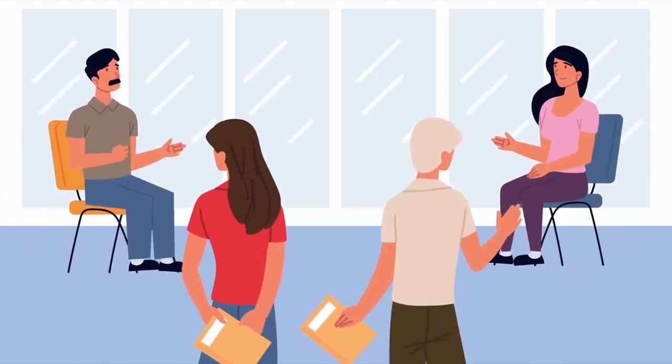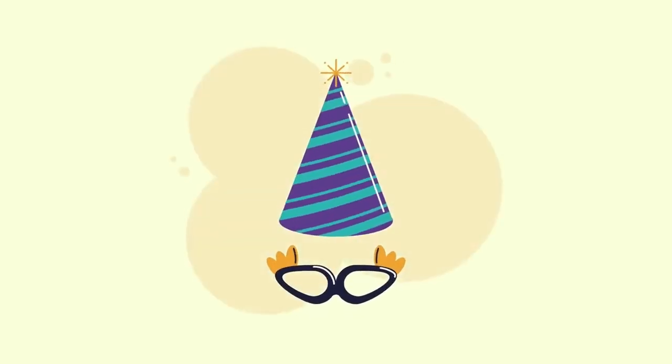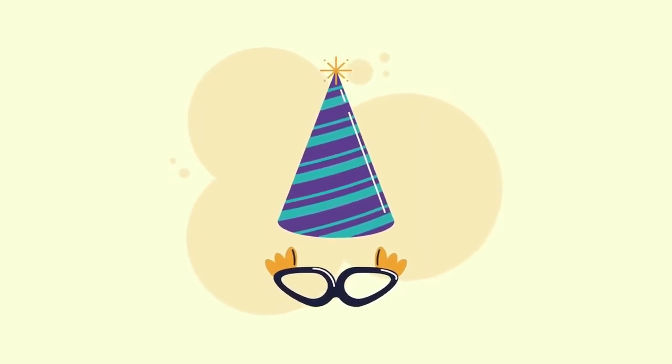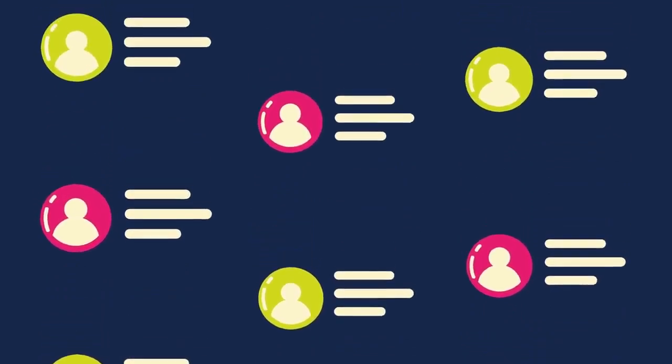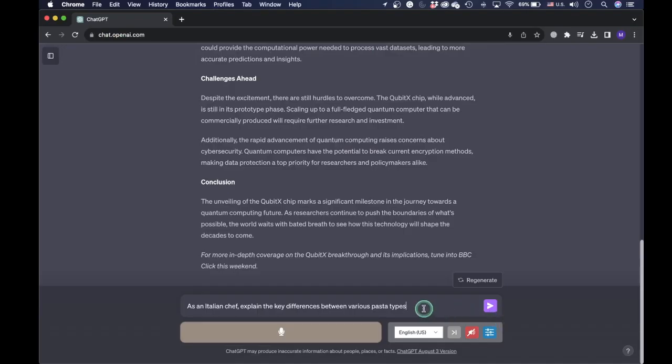The next tip is to use personas. Think of a persona as the role ChatGPT can adopt during a conversation. It's the hat that you want ChatGPT to wear when interacting with you. Just as an actor might play different characters in various movies, ChatGPT can take on various personas based on your instructions. For instance, if you're seeking a recipe, you might prompt, "As an Italian chef, explain the key differences between